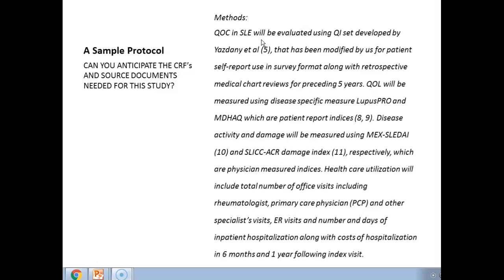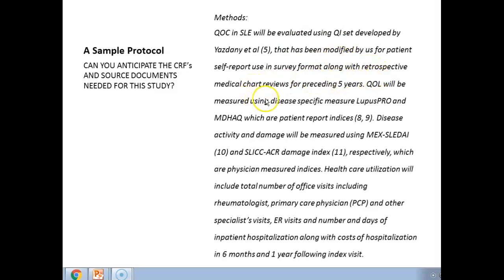So you're probably noticing some acronyms used here that you may or may not be familiar with, so I'm going to clear those up quickly for you so you may know what we're talking about. QOC represents quality of care. SLE is lupus, systemic lupus erythematosus. And it looks like there are some surveys that certain lupus patients will be exposed to in this study,